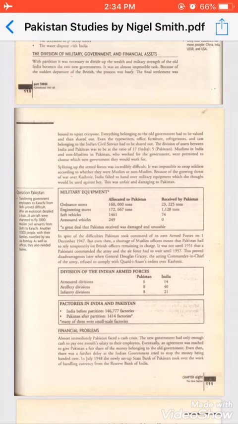Everything belonging to the old government had to be divided and then shared out. Even the typewriters, office furniture, refrigerators, and so on, everything had to be divided. The division of assets between India and Pakistan was to be at the ratio of 17:5. Muslims in India and non-Muslims in Pakistan who worked for the government were permitted to choose